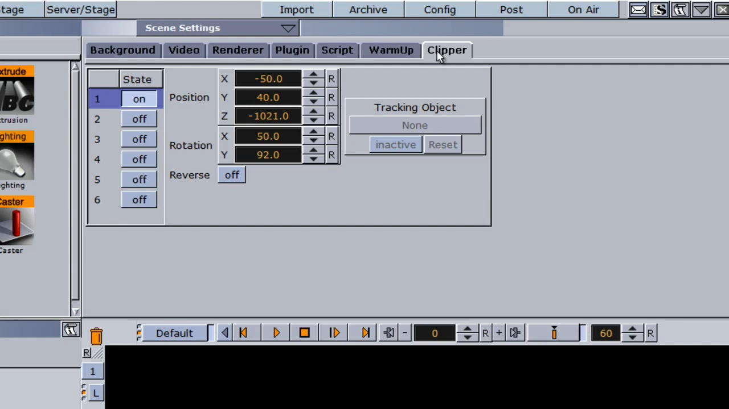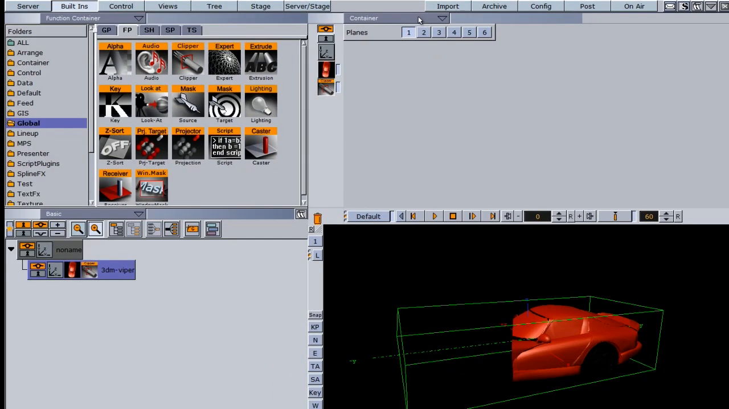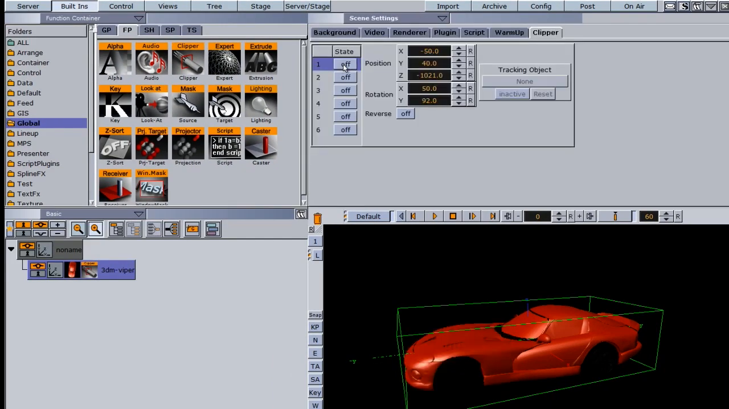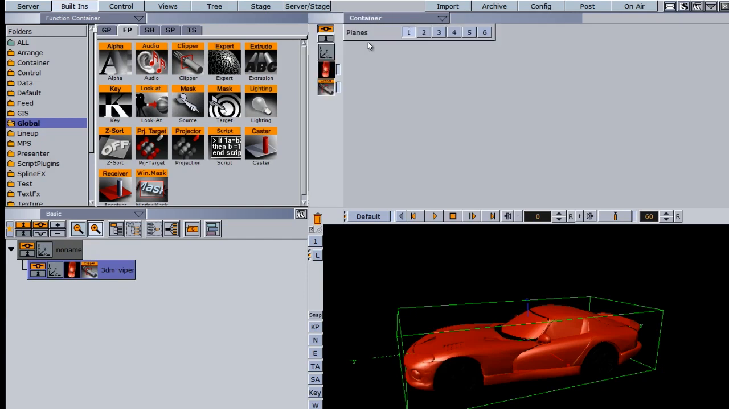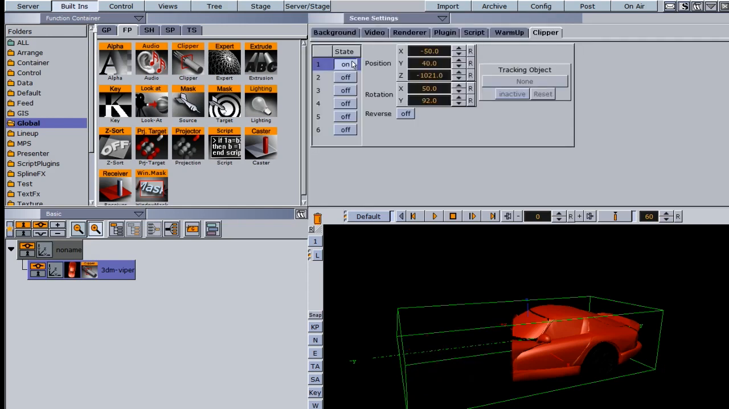And within the scene settings, there is a clipper tab here. And once we're on the clipper tab, we have this option here for state. So state refers to the planes that we have. So if I go back into my clipper here and I turn my state 1 off, it turns that clipper off because our plane 1 is set in our clipper plugin editor. So if I turn my state back on, it turns the clipper back on,